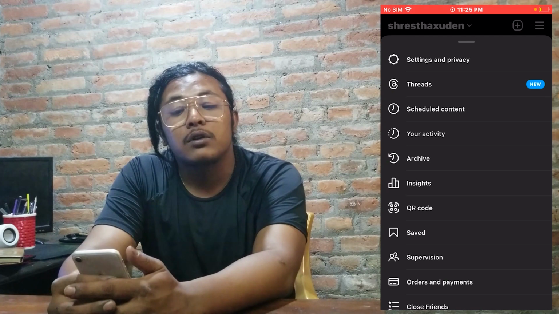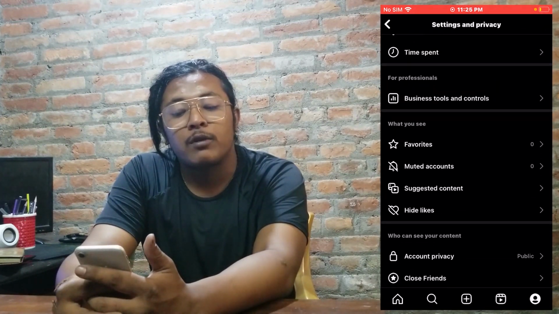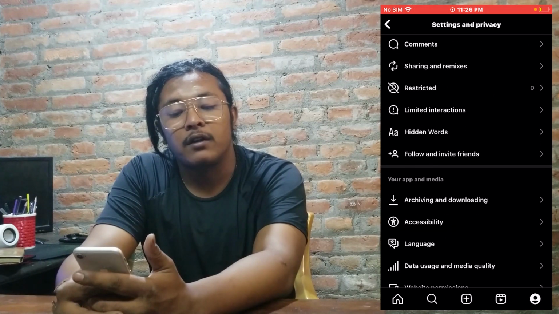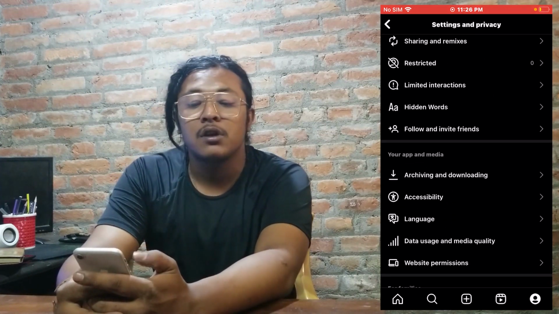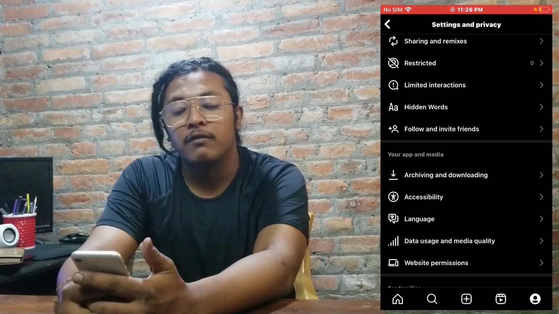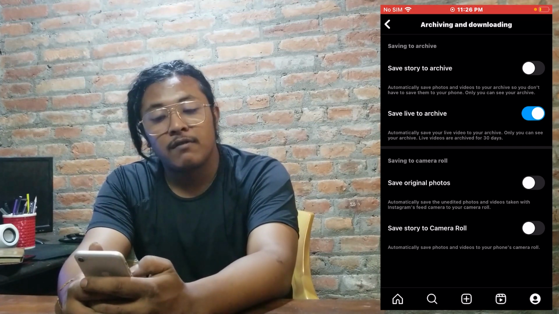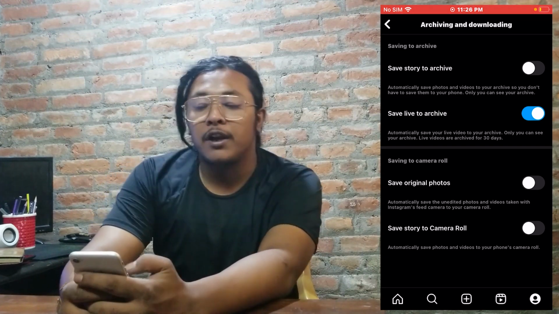Now tap on settings and privacy and scroll down from over here until you can find the archiving and downloading option under the category of your apps and media. Tap on archiving and downloading, and over here, guys, you can see the save live to archive option available, currently